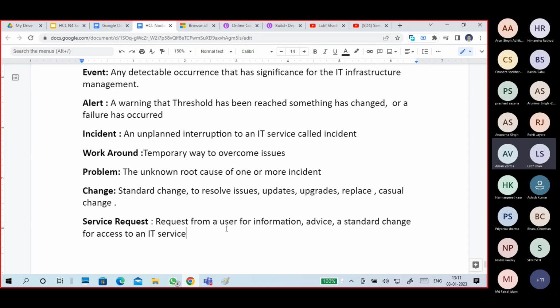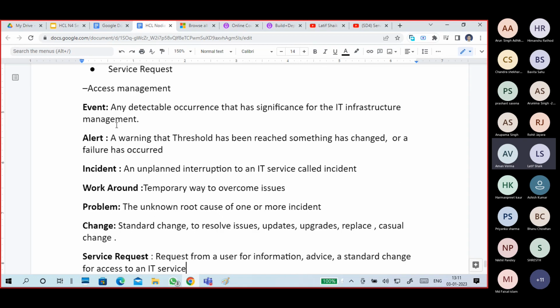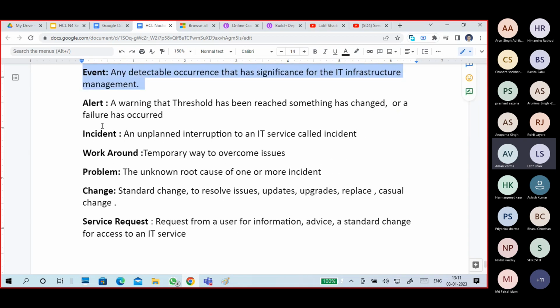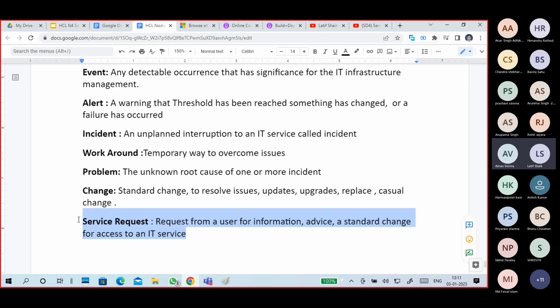For a service request, what the customer is asking is either access permission or certain changes, so we link that service request to a change. I will explain one by one what is an event, what is an incident, and the meaning of problem, with examples, change and service request once more.